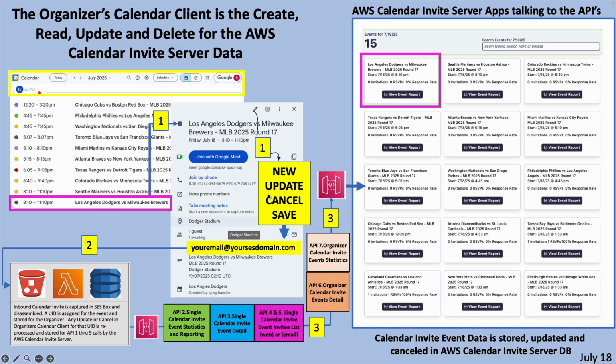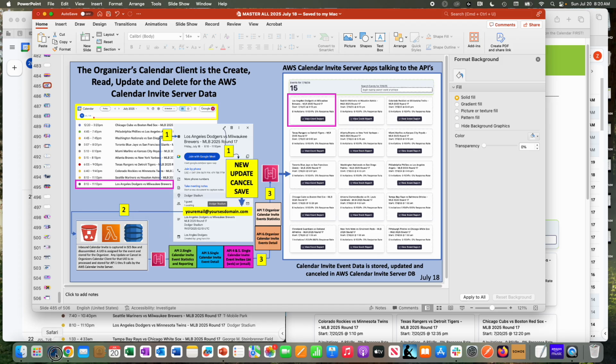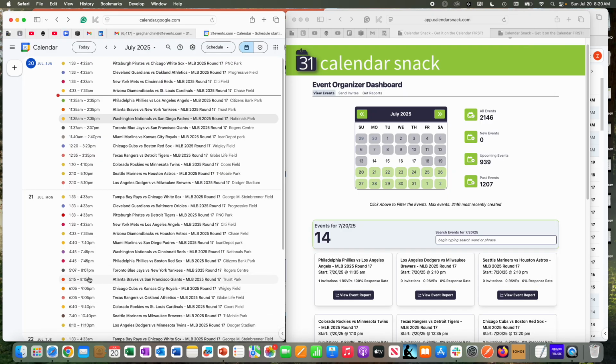Here's a simple setup. I'm using a personal calendar. I've exploded the detail on it. I've shown you that I will use a create command at a domain. That is an SES box that is set up to capture inbound data. That simple email service box, that is. And the magic of this inbound box is we actually take the inbound data captured and we disassemble it and assign a UID and set up a numerous amount of APIs you'll see here that visualize this data in the AWS Calendar Invite server. So what you need to know is that it is magic and it works very simply